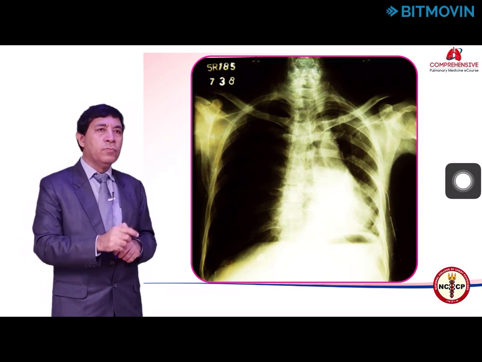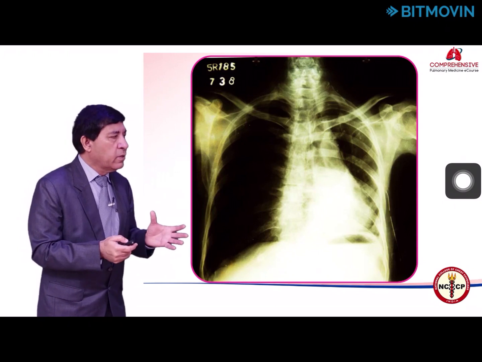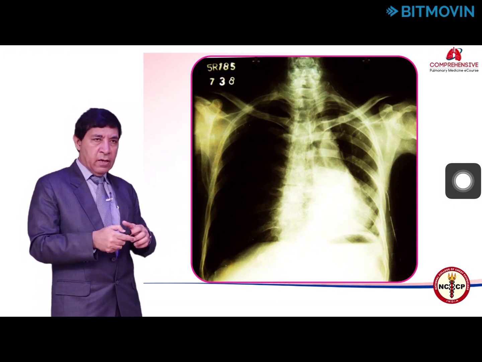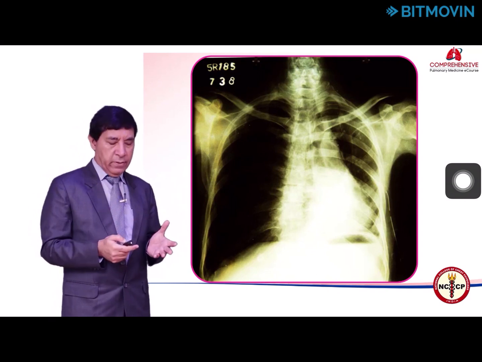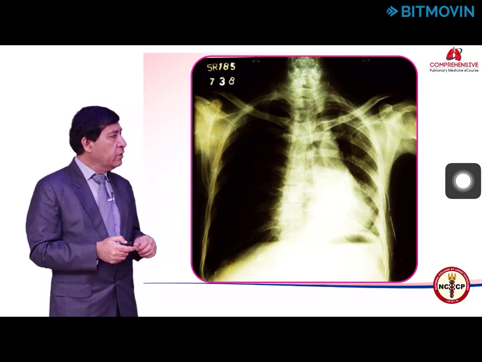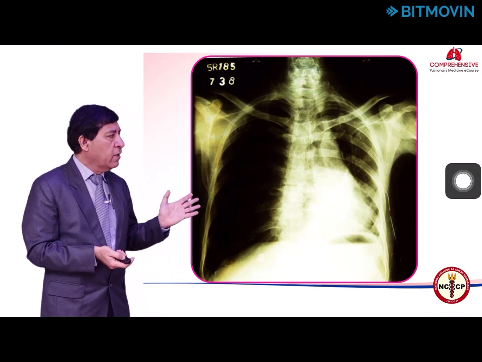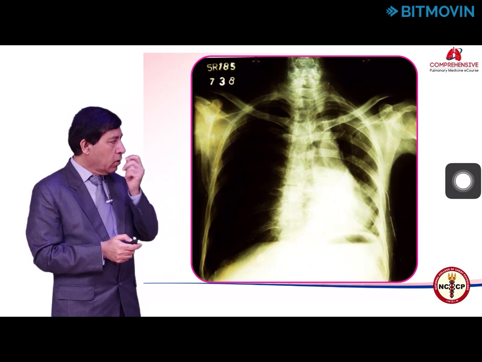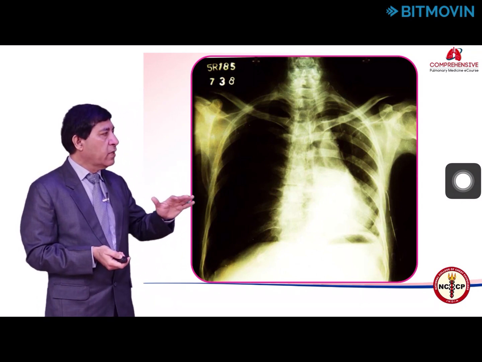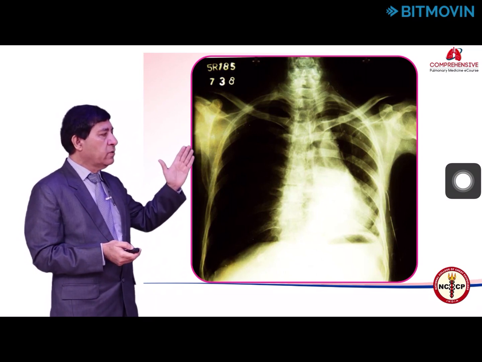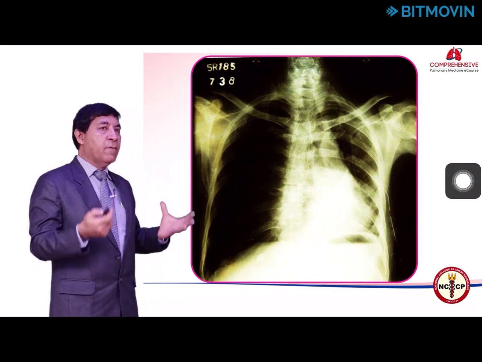So just to make you understand the concept of size, it is a little important to see some X-rays which can give you an idea of how you can see them clinically. You can see here that in this X-ray, this patient has a pneumothorax on the right side, and you can see that the lung has actually gone towards the hilum, and the mediastinum is shifted to the other side. The chest wall has gone outside, the diaphragm has gone down. So this shows how the hemithorax on that side has become much bigger.